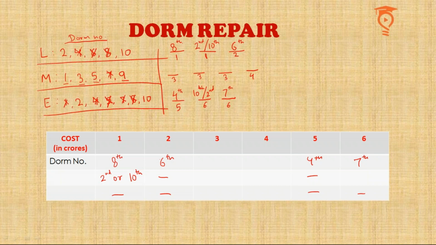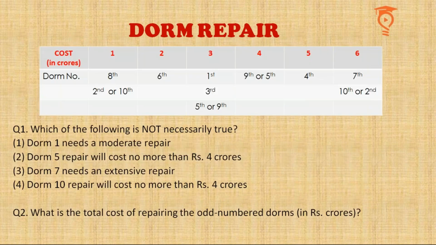One between 5 and 9 is going to get a 3 crore repair, and one is going to get a 4 crore repair, and the other two, DOM number 1 and 3, are going to get 3 crore repairs only. So I'm going to write 1 and 3 here, and since I'm confused between 5 and 9, I have to write it with ambiguity. This is with a lot of ambiguities, basically two ambiguities, between 5 and 9 and between 2 and 10. We have roughly made this table, and we are going to try to answer the questions on the basis of this table only.